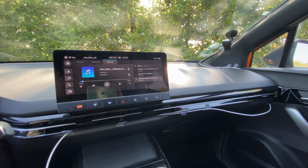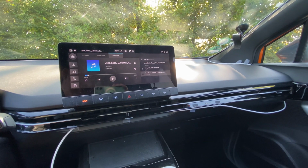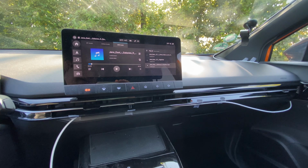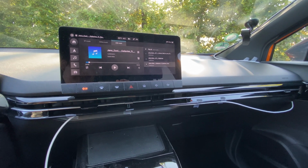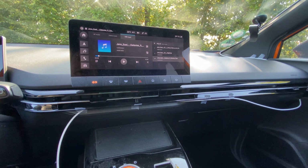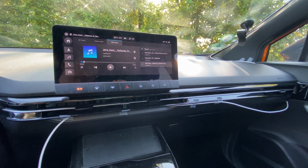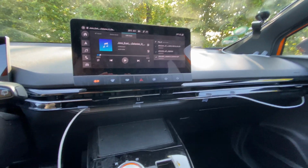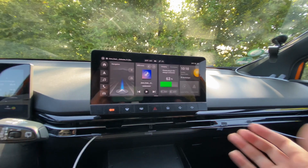Now to come to the sound system. I'm a big fan of cars with decent sound systems, and in the last video it was kind of underwhelming. It's a 6-speaker system, no subwoofer. Frankly, it didn't show the greatest promise. But I have since played around in the settings,